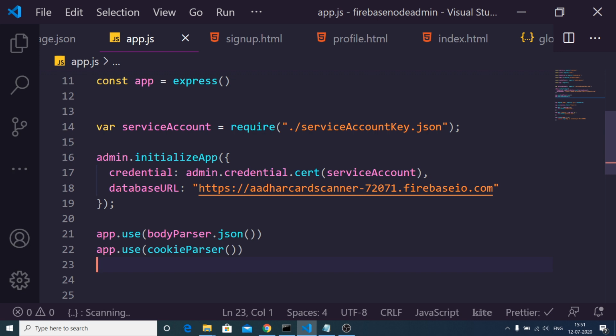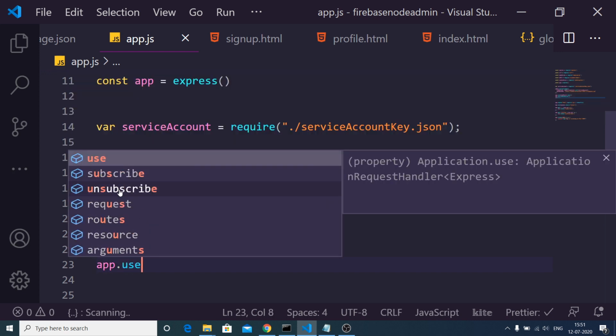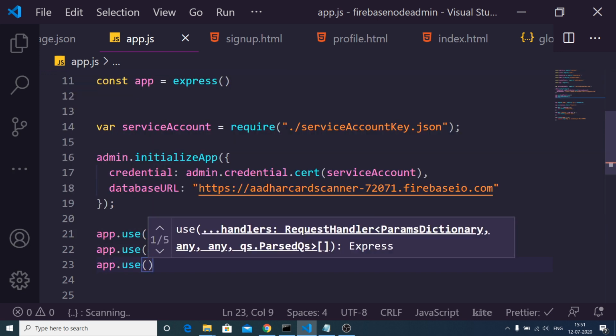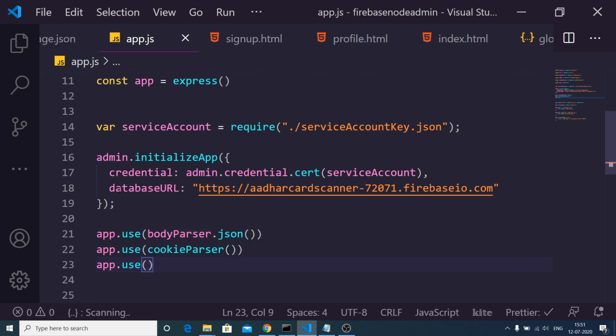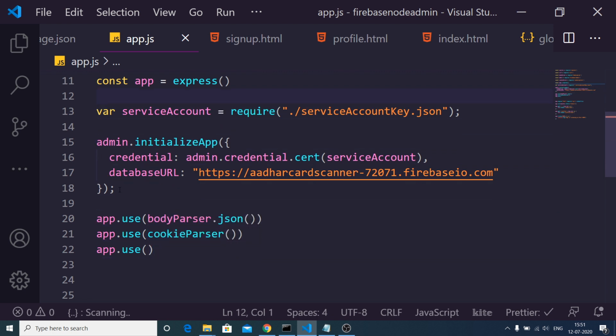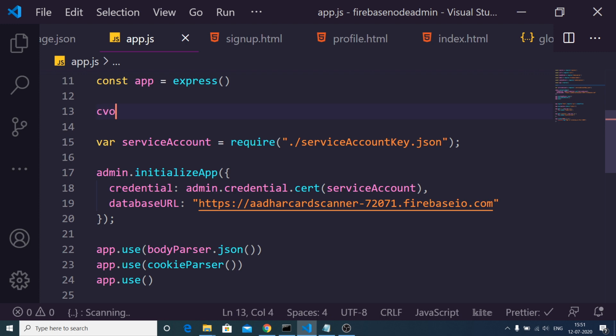And last but not least, we also need to first of all make a new variable here, which will be for the CSRF middleware. This is for preventing cross-site attacks.